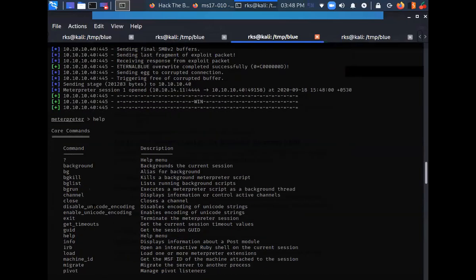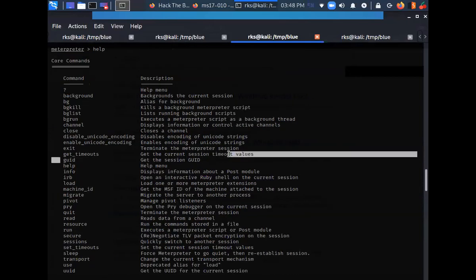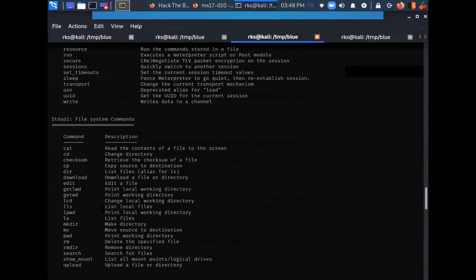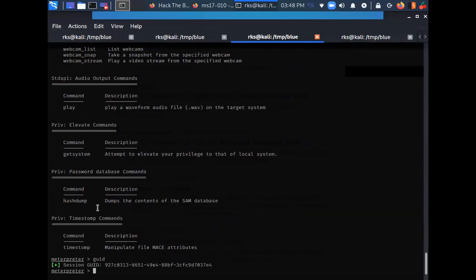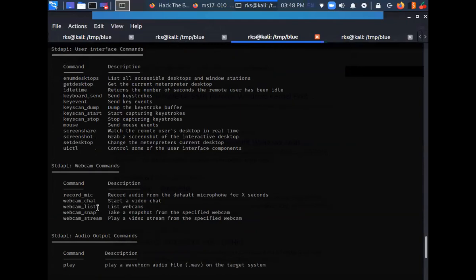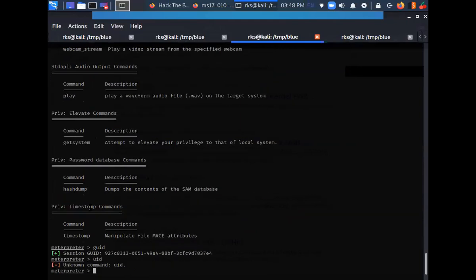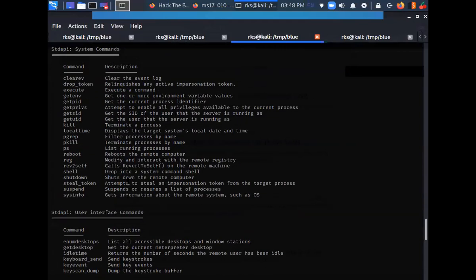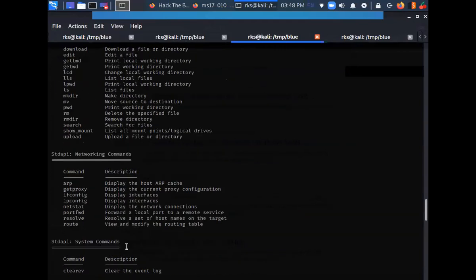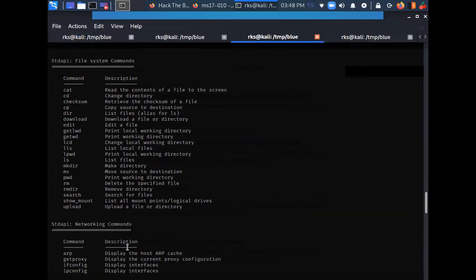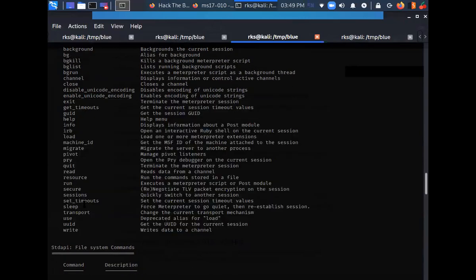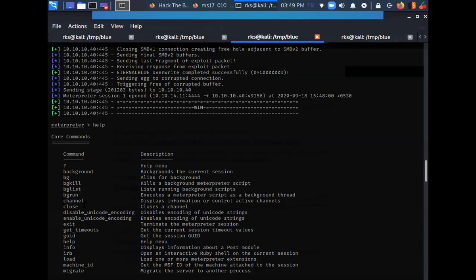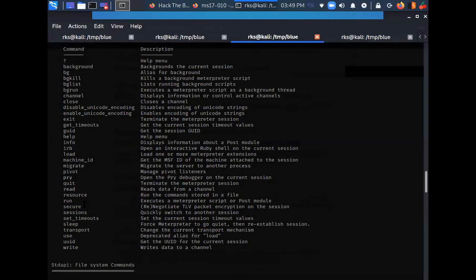Let's try to get the UID. UID is not here. So it's a Meterpreter shell, so normal Windows or Linux commands are not going to work here. Only these commands are going to work, which are understood by the Meterpreter shell. Or else, if I want to get a standard Windows shell, what I can do is,